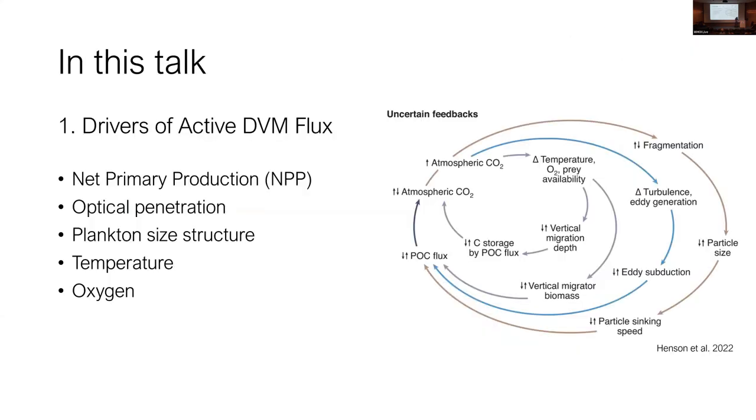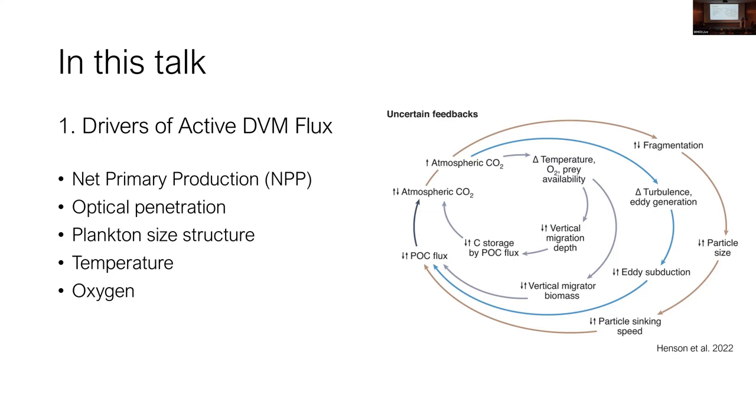So what I'm going to do is split my talk into two halves, talk about the drivers of active DVM flux, starting with the first order driver, net primary production, and then moving on to what I'm calling second order drivers: optical penetration, plankton size structure, temperature, and oxygen. And